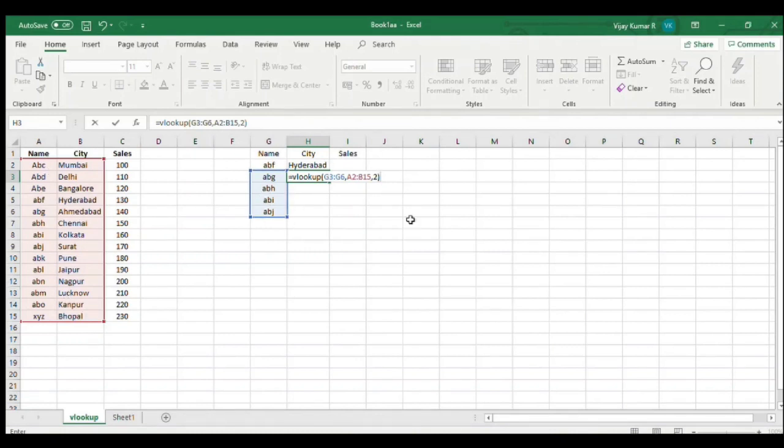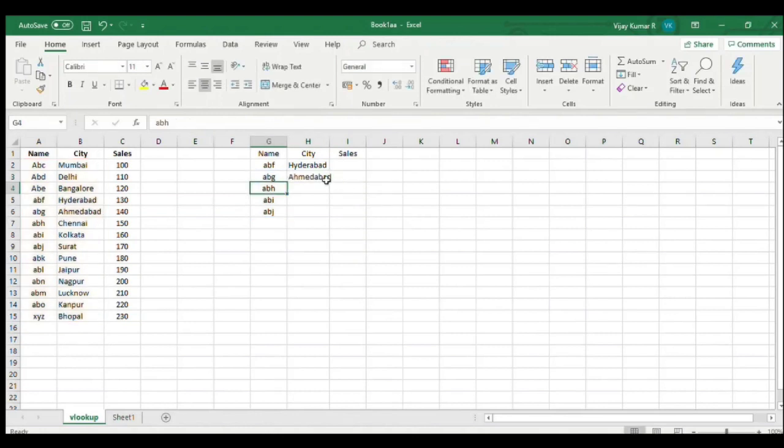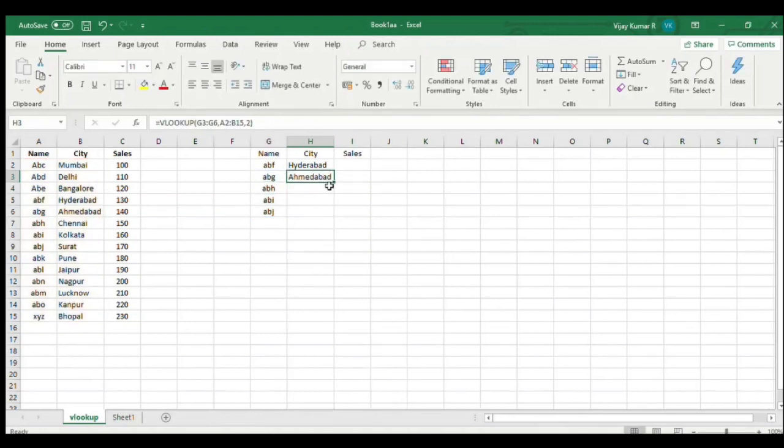So that is my final result. I've selected this, like I said, put the comma, select the cursor, and I'm typing 2 because it is in the first two columns. And if you see, the search result has come, and if you match it with the raw data, the city matches with the raw data.